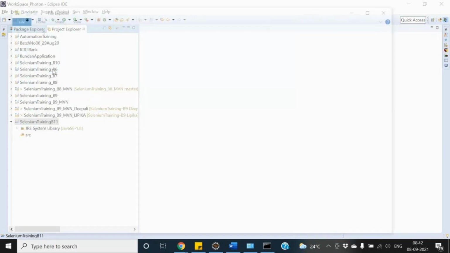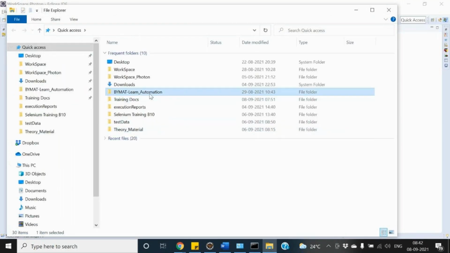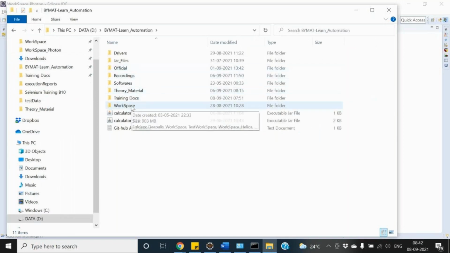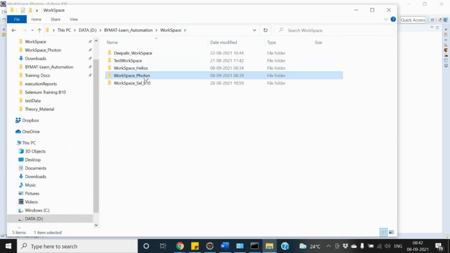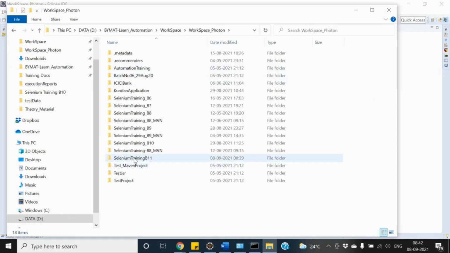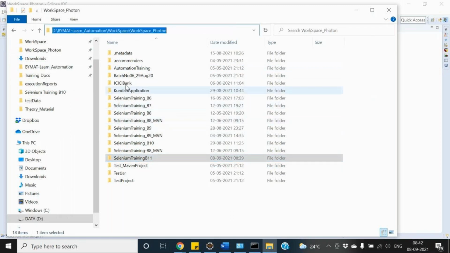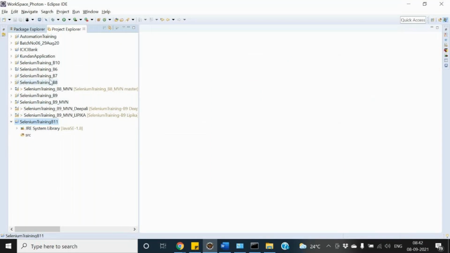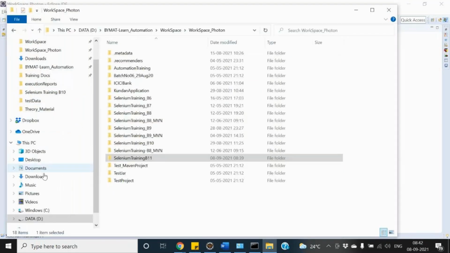If I go over here to my workspace Photon, I'll be able to see Selenium training B11. This project has been created over here. So it is the folder where Eclipse will store all the programs and projects which you will be creating in your Eclipse. Whatever projects I have over here, the same projects are here.